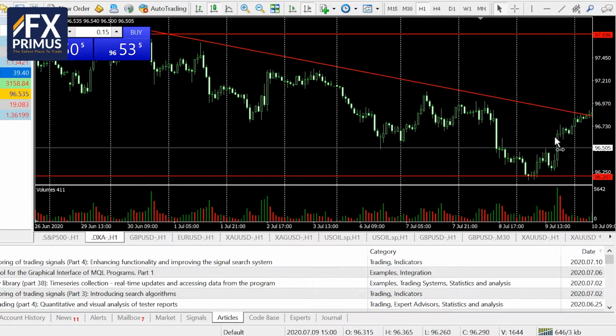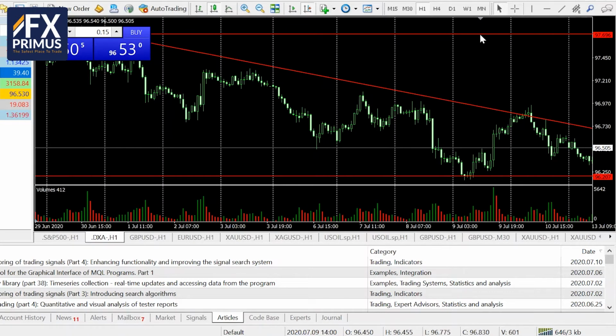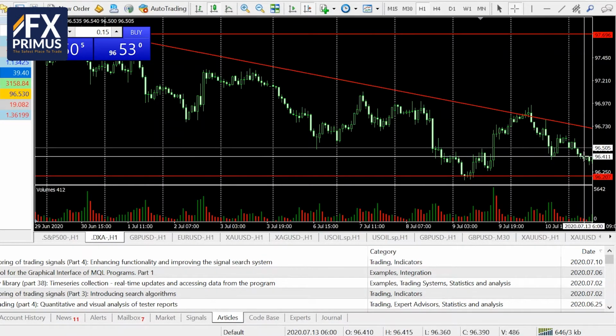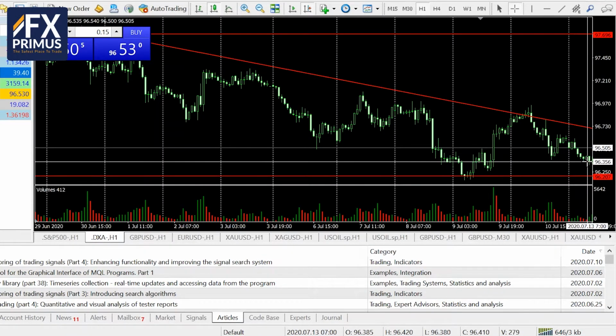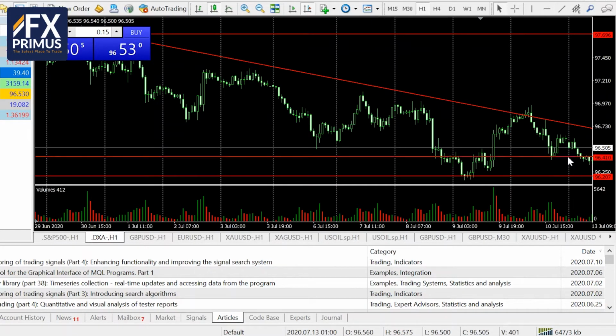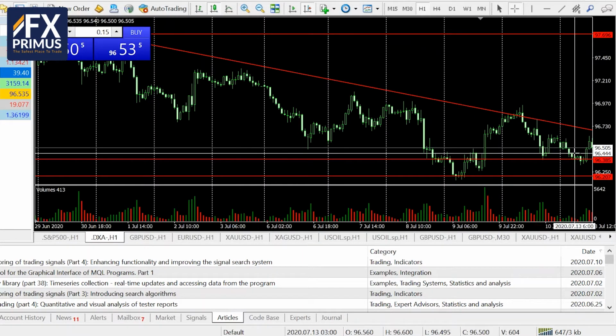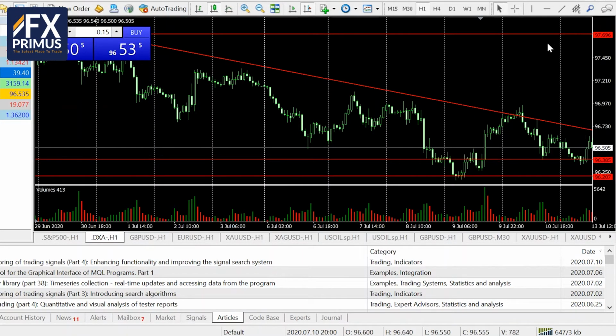So this was what we were looking at for yesterday's analysis at about 12 to 1 p.m. local Singapore and Malaysia time. The US dollar was coming around these levels. So we were looking for it to bounce back up towards this dynamic trend line and possibly later on go back down. Okay, if you put your mouse here,